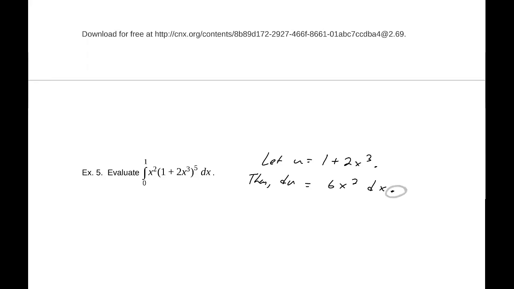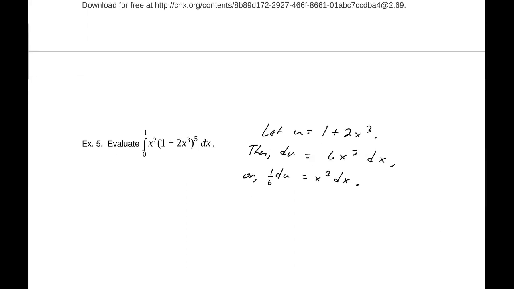That's sort of close. We actually want just an x squared. So let's say 1/6 du equals x squared dx. Alright, also, I'm going to go ahead and write it out this way. Okay, our a equals 0,